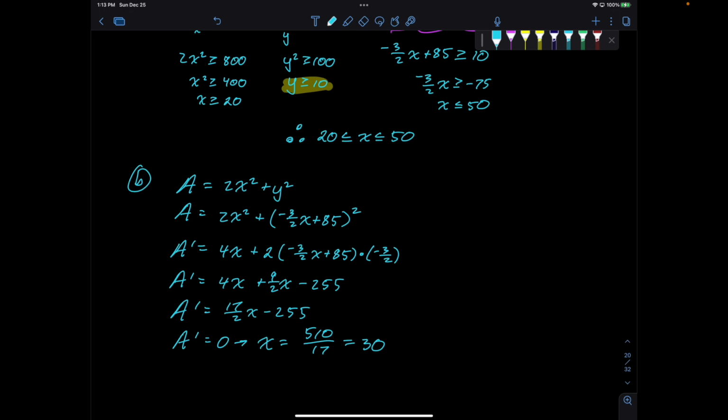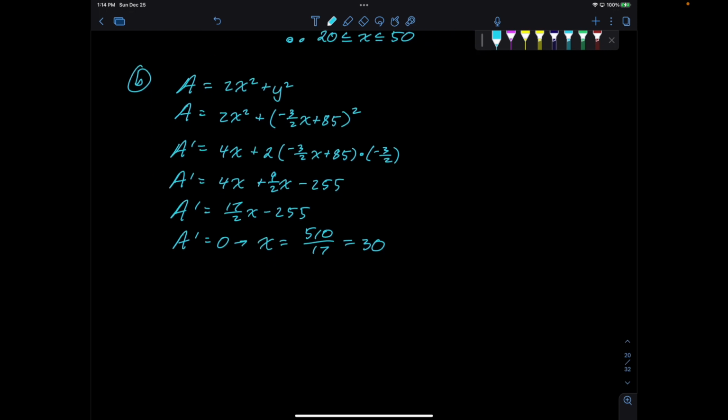We can use candidates test on this because we know that x has to be between 20 and 50. So I propose to do that because the area is... I might do the only critical point test. That seems easier. Let's find a double prime. So from here, we're going to do a double prime